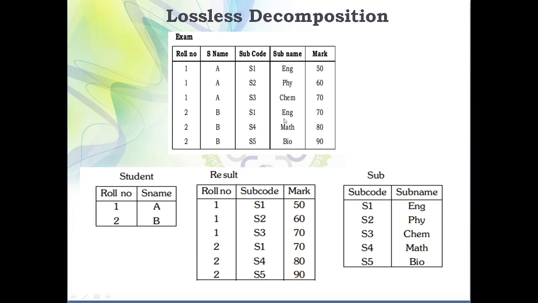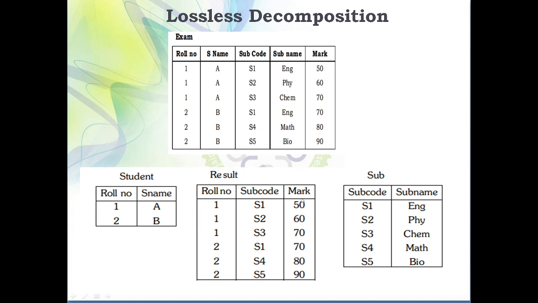Here we are considering that the subject name column is not there. In this way, after joining the student and result tables, we got 6 tuples. Consider again that the subject name column is not there. So this is the table that we obtain. Now the subject table is there, and we want to perform an equi-join again. First, we combined these two tables, and suppose we combine these two tables, we got this table.